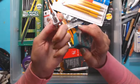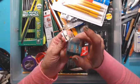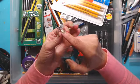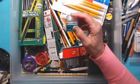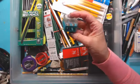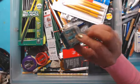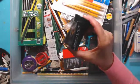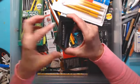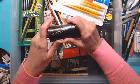If I had to only pick one sharpener, it would be a metal one like this. But it's just one size. It's tiny, right? I think I had a double one that had the big and the small. I gave it to Cam. But there's this kind, the Prismacolor, and I gave another one to Jen. I think I gave Jen the Prismacolor bullet one when she was here because I wanted to give